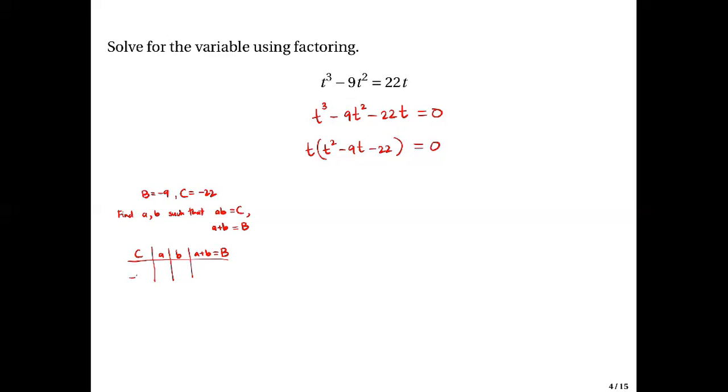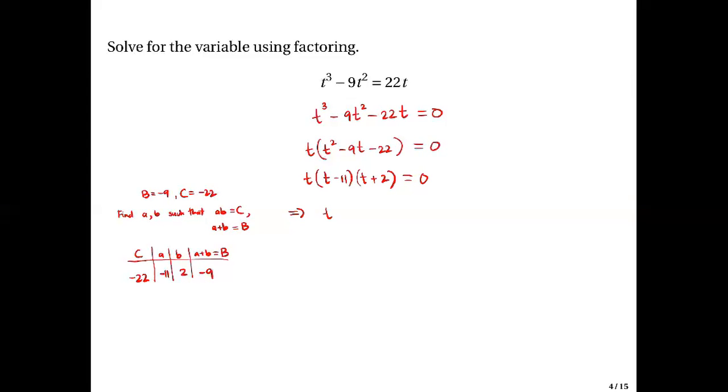Capital C, that's negative 22. So there are only few choices. So let's use the correct pair here. We will have negative 11 and positive 2. Okay, so negative 11 times positive 2, that's negative 22. And if you add them, you will get negative 9, which is the B that we need. Therefore, we will now have t times t minus 11 times t plus 2. This is equal to 0,